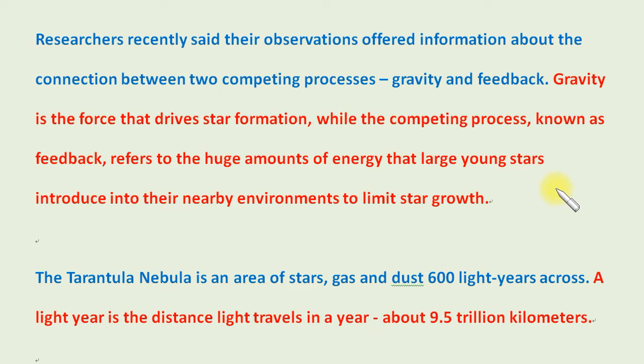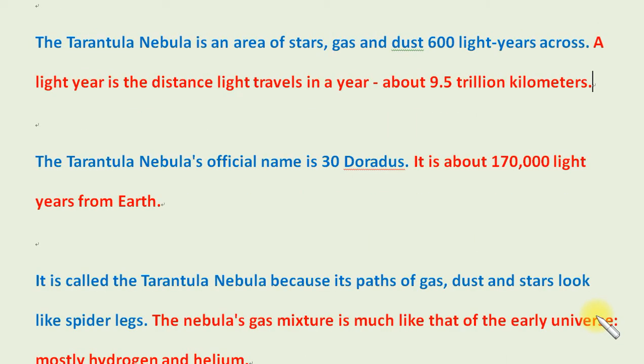The Tarantula Nebula is an area of stars, gas, and dust 600 light-years across. A light-year is the distance light travels in a year, about 9.5 trillion kilometers. The Tarantula Nebula's official name is 30 Doradus. It is about